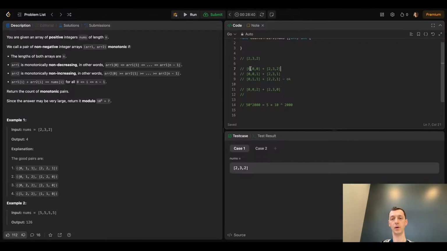Then we'll have the 0 here, which is non-decreasing for the first one, and we'll look at the second one and compare it with the previous value. Oh, it's increasing, but it has to be non-increasing. So we can skip that